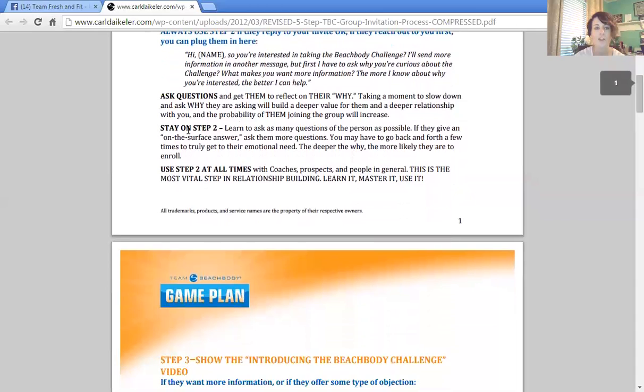Stay on step 2. Don't rush step 2. This step 2 is the golden magic of our business. It's connection, it's relationships. Continue to ask questions. Ask about their family, occupation, recreation, and the real meaning that they're after here. We call that forming someone, F-O-R-M: family, occupation, recreation, and meaning. You've got to get down to the deeper why, their emotional need, what they're sick and tired of about their